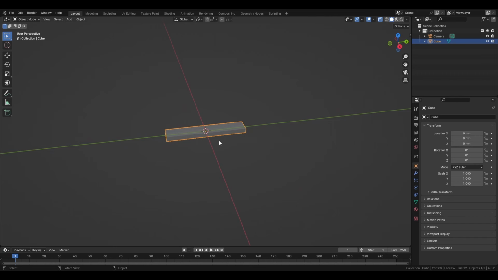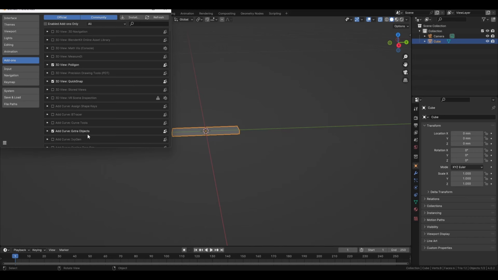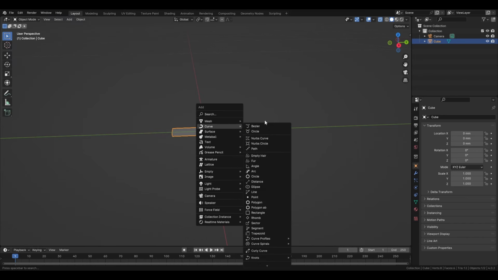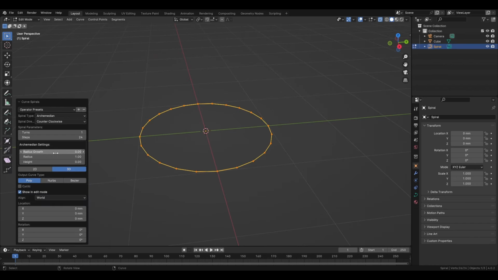So now create a spiral onto which the mesh is going to roll around. You need to allow the add-on Add Curve Extra Objects here to have all those objects. So we do this, curve spiral, arc median, and this is too big, so the radius needs to be 0.2. Actually, it's not the radius. This is the radius, 0.02. So we're in millimeter, but for some reason this is still in meter, so that's why I have to put